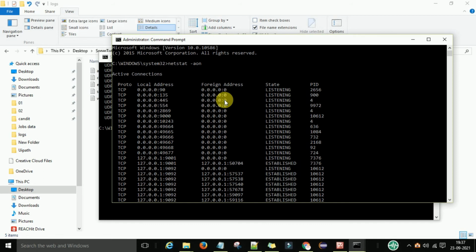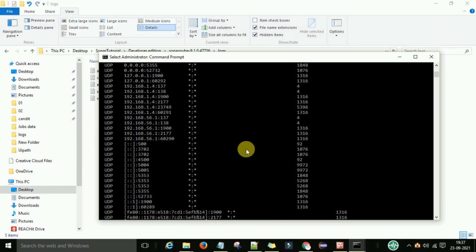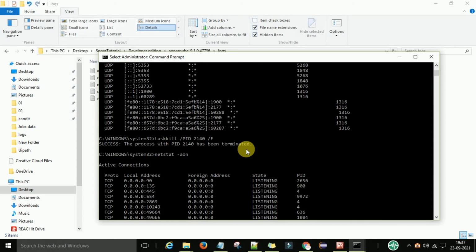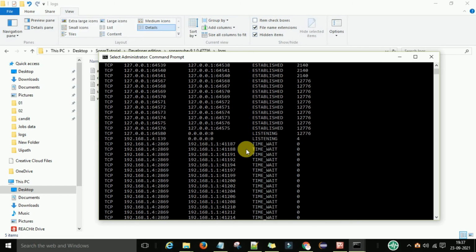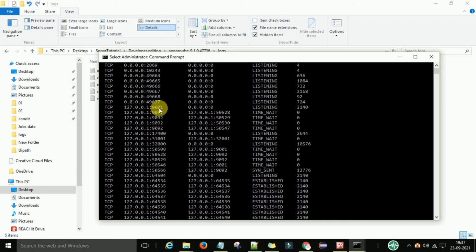If you see that ports 9000 and 9001, both port numbers, are already in use, then you have to kill that process. That port number is already used by the Community Edition of the SonarQube server. Now you want to launch the Developer Edition, so it needs free port numbers. Suppose you have 9000 here. I have already killed the process so you can't see this one, but suppose this is the Developer Edition.